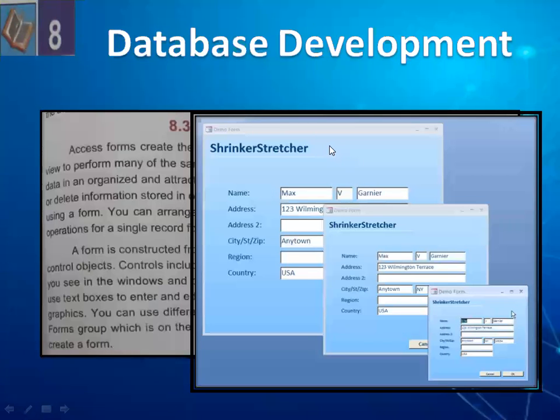Now, dear students, we will start creating, saving, and editing a form. How to create, save, and edit a new form. So, dear students, if you remember, in the previous lecture, we have already created a table in MS Access. So today we will continue with that database, and in this lecture we will create forms, reports, and queries based on this table. So let's start with the practical.